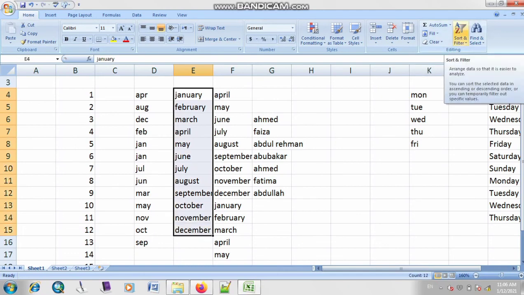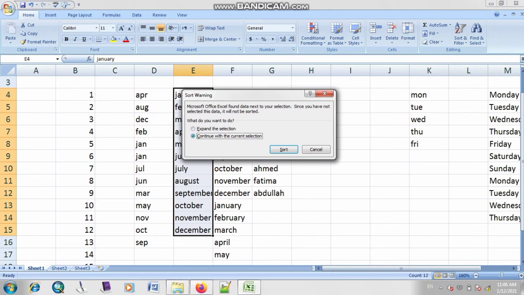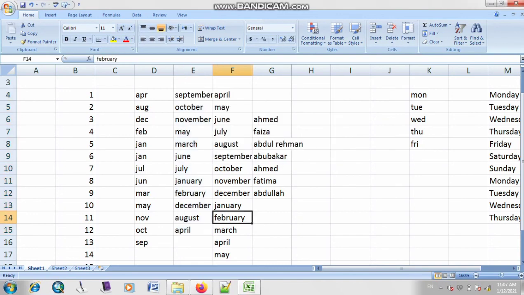Click on this option of sort and filter and sort Z to A. Continue with the current selection and click on sort. Sort means you will arrange your values in a sequence, like in ascending order or in descending order. So as you can see, all your values or series are converted into descending order.